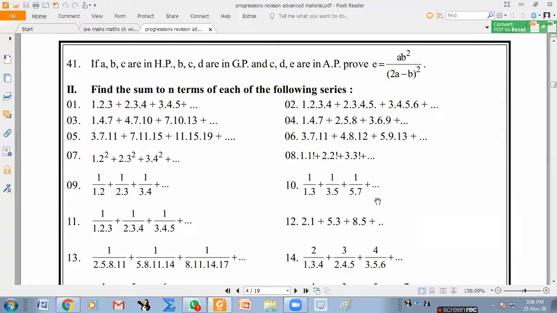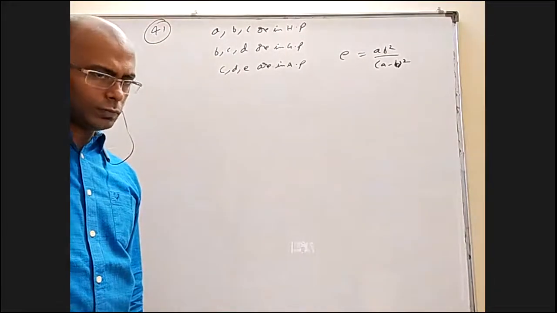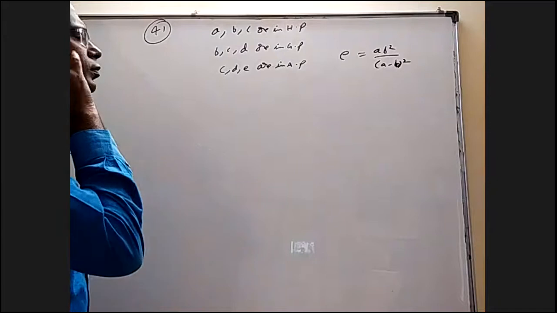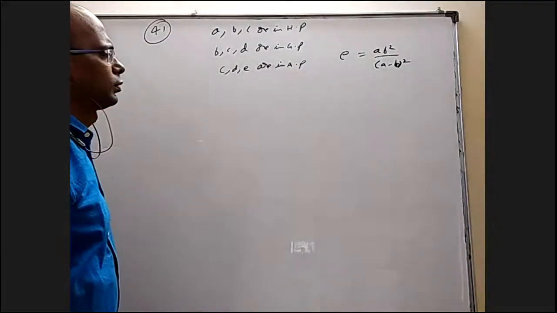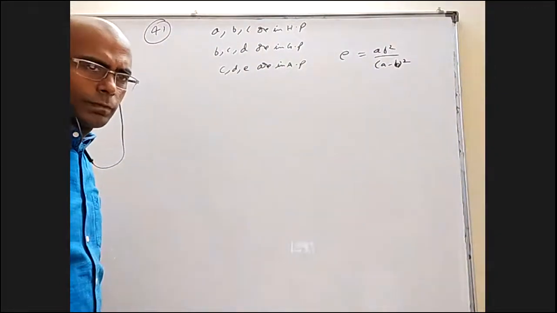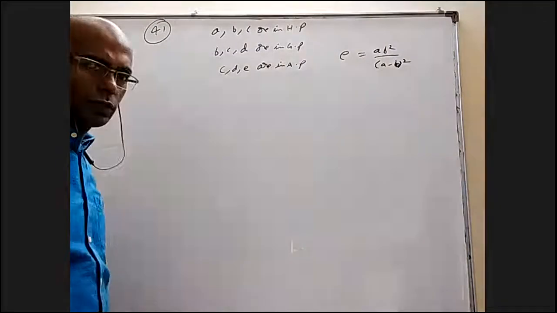It's also the same question. In which one? Past year mains. Same like this, 41. Same. I don't remember, but no, sir. Same HP, GP, and AP. There also we need to find the E in terms of A, B. C, D, E in GP. Okay. Maybe that is relatively somewhat easier, maybe. No, the same process. Achha. Okay. Same question only, sir. Same question only, then it's okay.